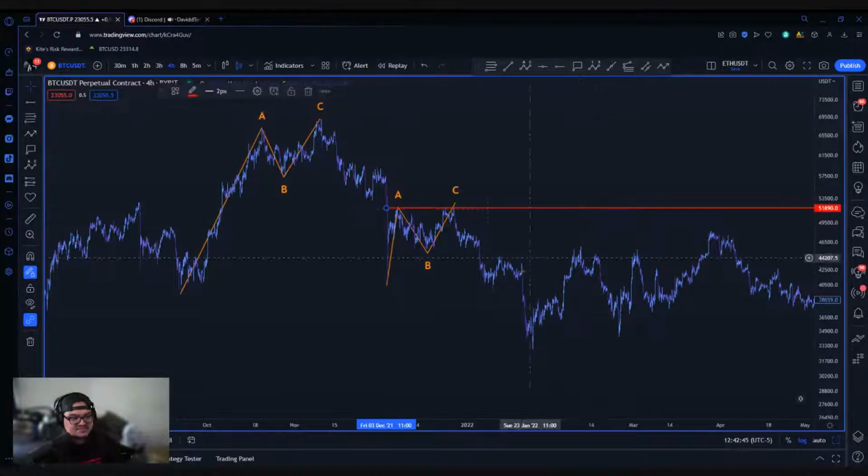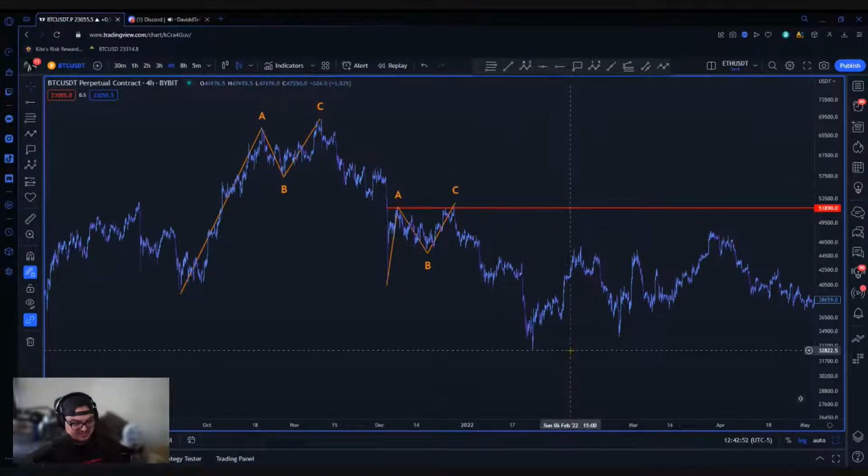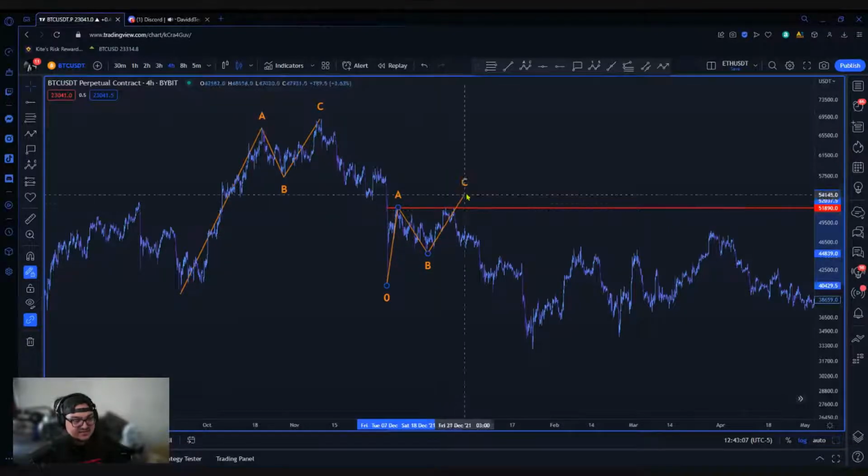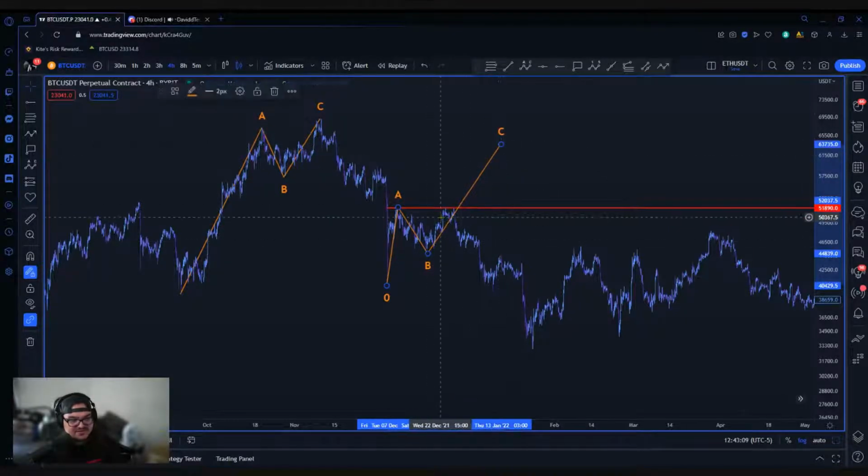All right. What this does is a couple of things. One, it gives you an extra layer of confluence, an extra layer of confidence to try to catch the continuation of the downtrend, as well as an extra layer of security when it comes to taking profit and locking in whatever profits you made from here. Because worst case scenario, we don't know if price is going to respect this ABC. If we just continue to pump up and let's say we never put in that reversal, at the end of the day, we're still able to walk away with some profit.